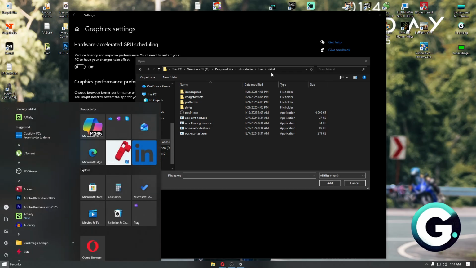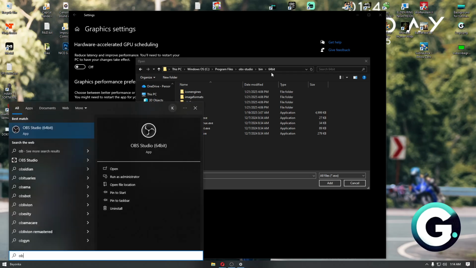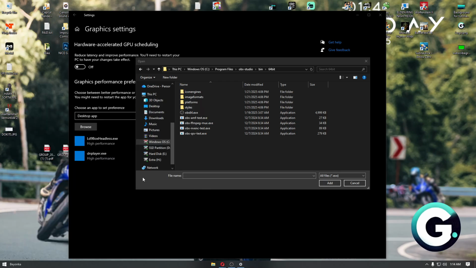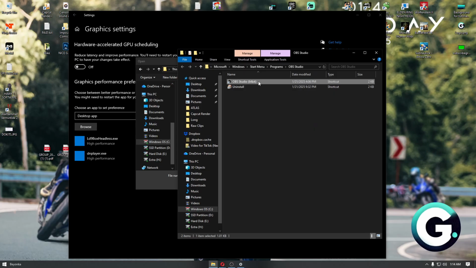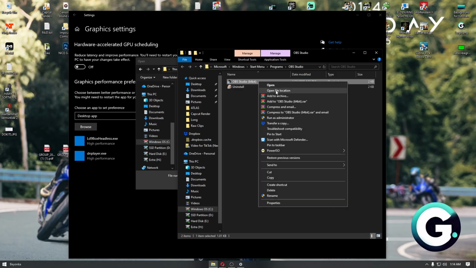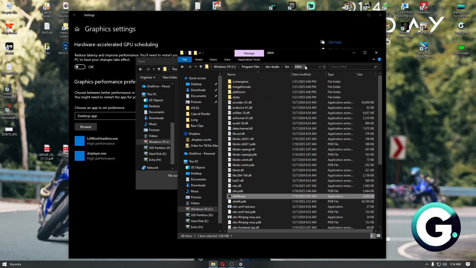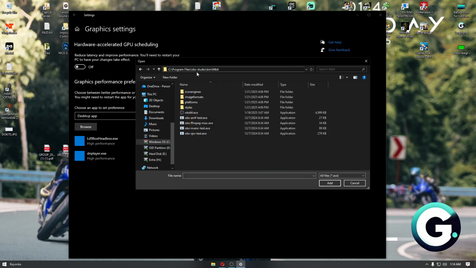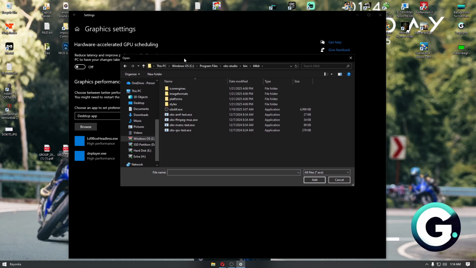64-bit. You can simply find the location of OBS by heading over to your Windows logo, click on open file location, and from here you then want to right click on it once again, click on open file location. It will then lead you straight to the location of OBS. In here, you then want to copy the location, paste it inside the graphic settings, and then you will be